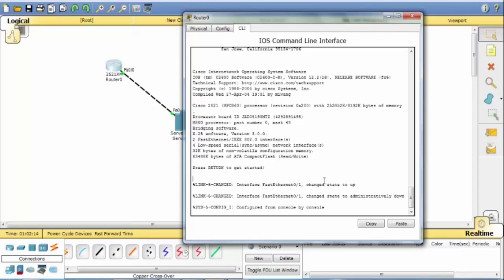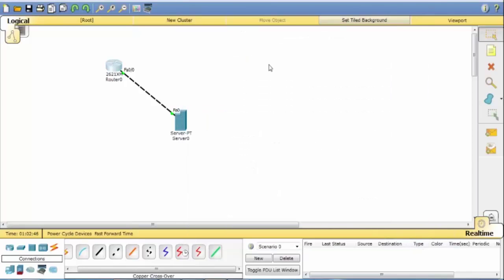We have configured the different interfaces, learned about the router CLI modes, how to protect your router, how to break your router password, and how to backup and restore your router. In the same manner, we can take a backup of your configuration file, because the configuration file is also more important than the IOS, because IOS we can take from the internet, but the configuration file we can't take from the internet, because once my configuration file is lost,